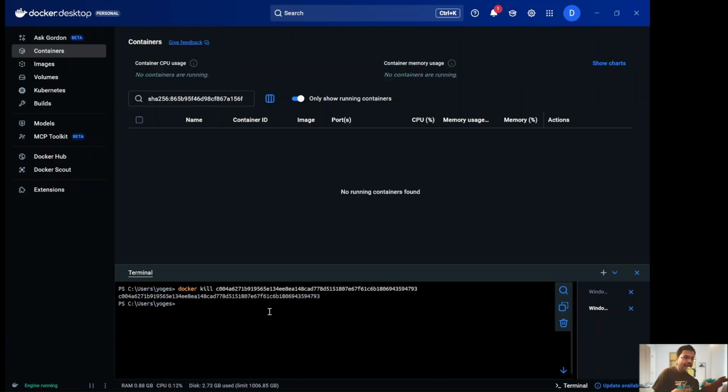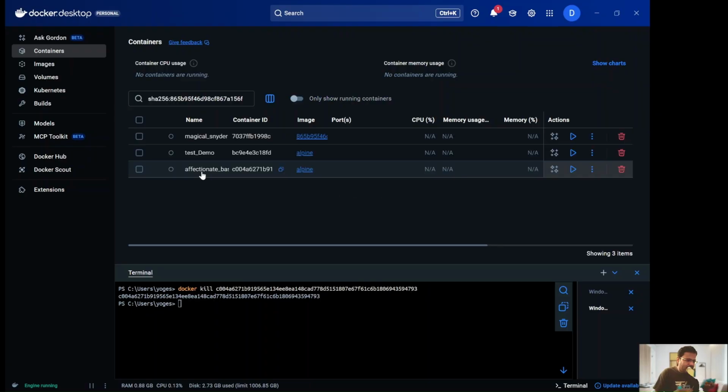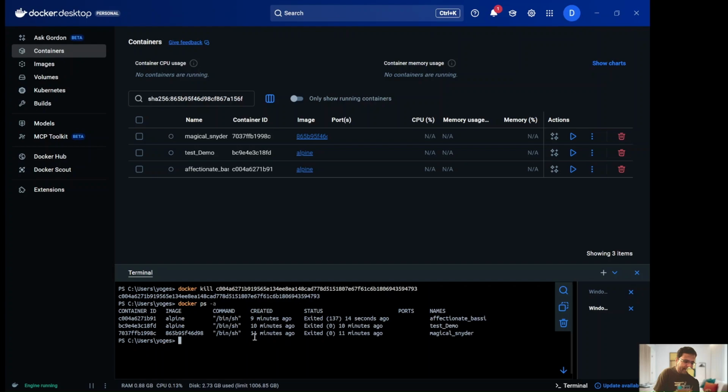See, the container has been killed. Now if I remove this, you will see our container was killed a few minutes ago. You can again use docker ps -a, and you will see 14 seconds ago we exited. So that's how you can use docker kill, when to use docker kill, when to use docker stop,